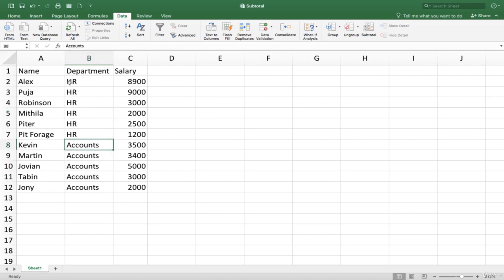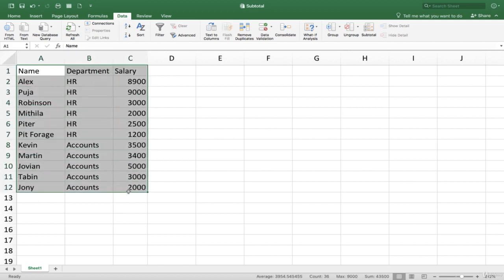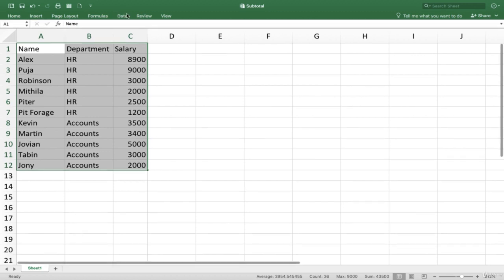Here I have listed the HR department and accounts department, and you want to know what is the subtotal for HR department, what is the subtotal for accounts department. And it is very important when you take decisions from department to department, and if you evaluate the performance of different departments. So here at first we need to select the data, and then